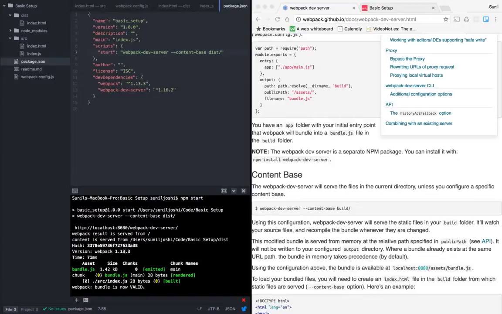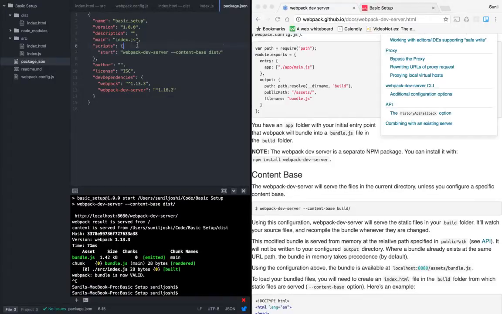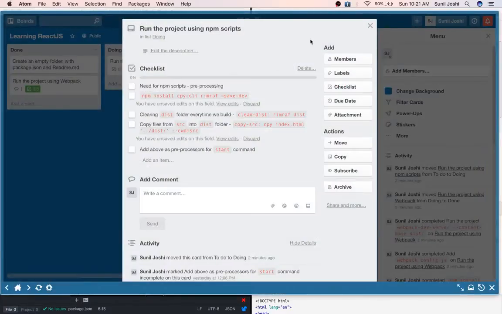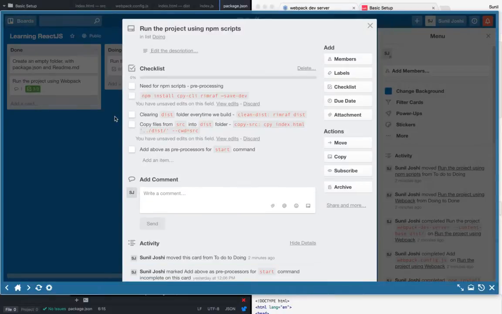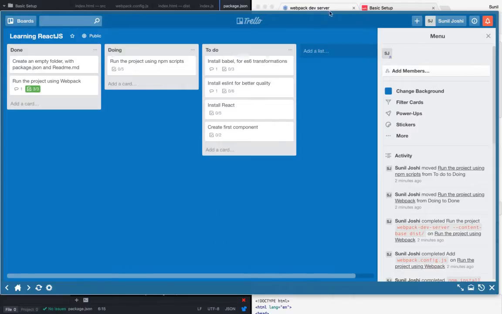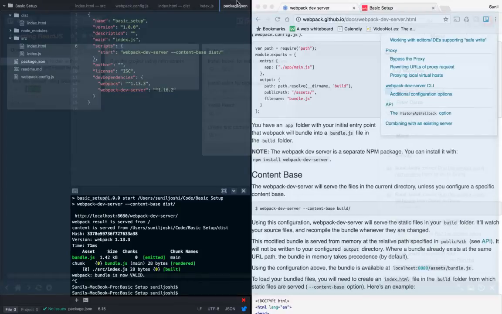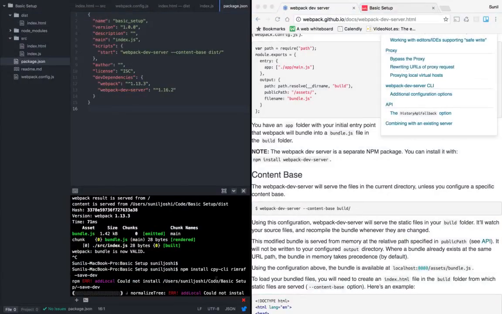The other thing we're going to do is clear the dist folder, and we want to copy this index file into the dist. There are two good utilities which we need to install. One is cpy-cli, and another is rimraf. Rimraf is not a friendly name, I would say.